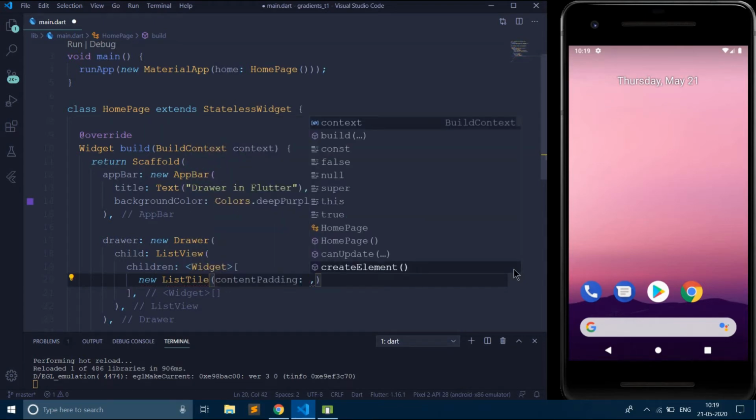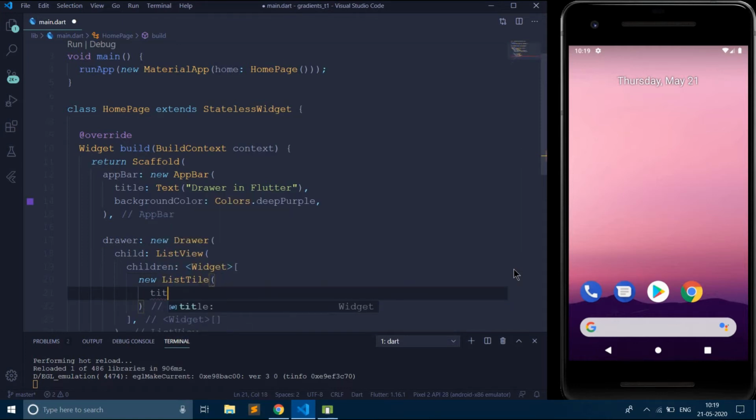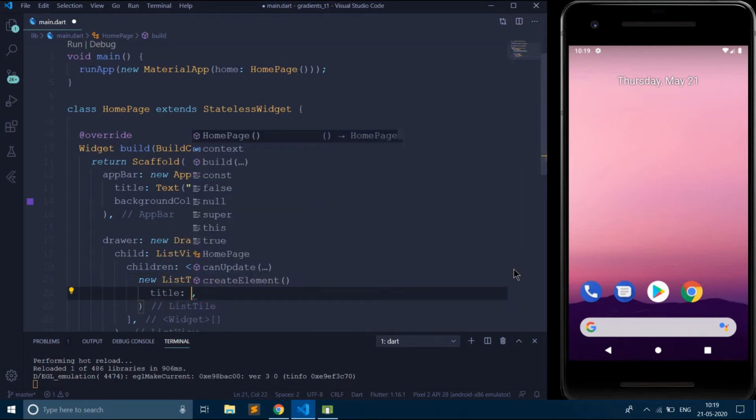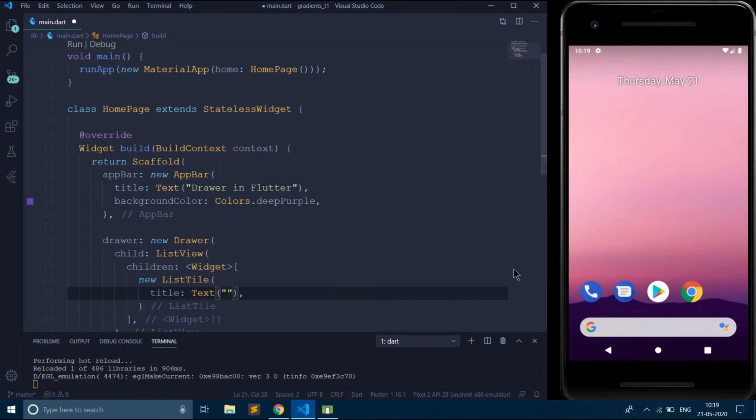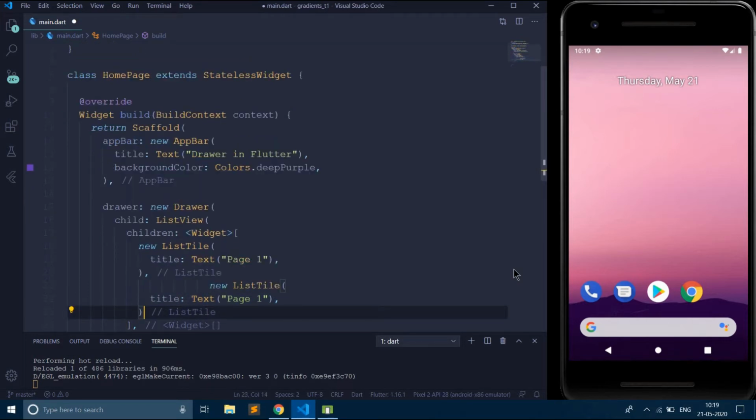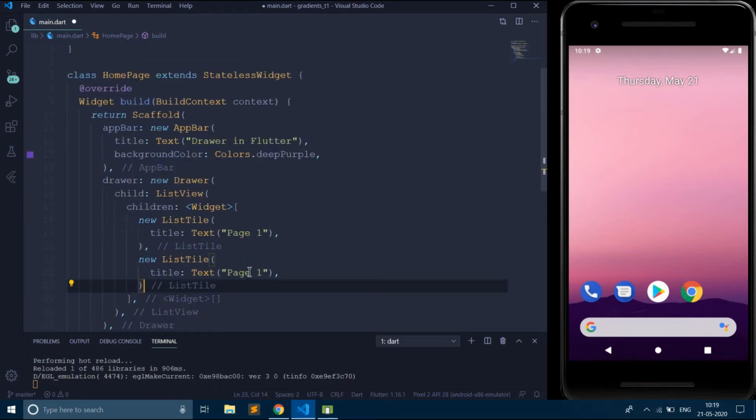As you can see, I've created the list tile and I'm going to give the title, say page 1, and I'm going to create another one. Let's say page 2.